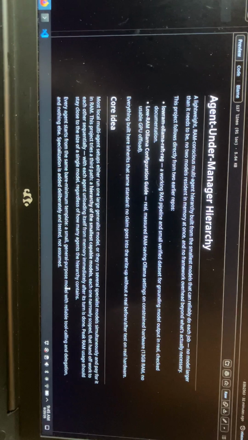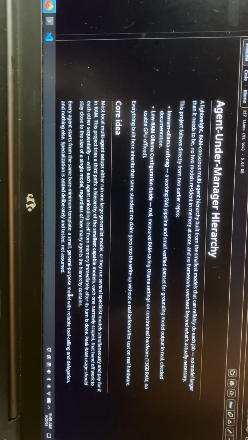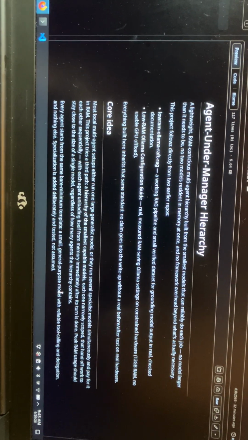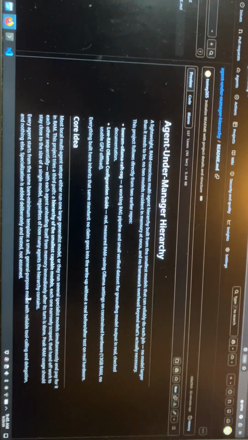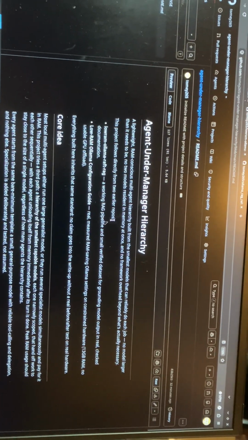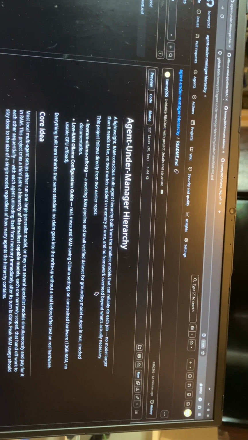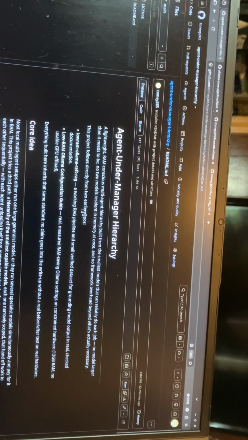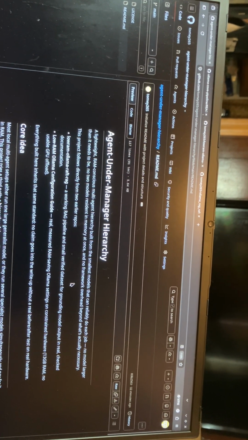This is the GitHub repo, agent under manager hierarchy. For those of you that can't see well like me, I'll just read some of it, but I'm not going to read the whole thing. Agent under manager hierarchy: a lightweight, RAM-conscious multi-agent hierarchy built from the smallest models that can reliably do each job. No model larger than it needs to be, no two models resident in memory at once, and no framework overhead